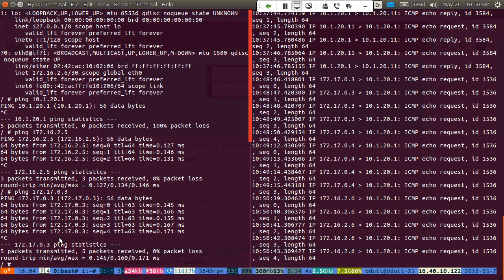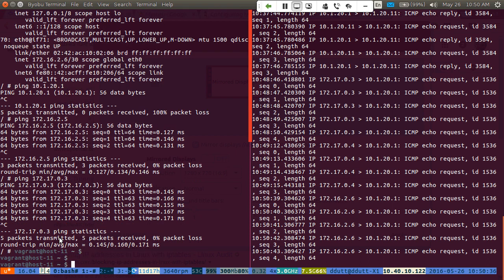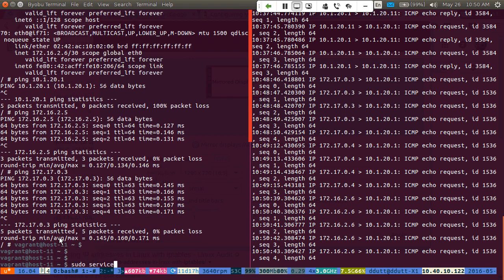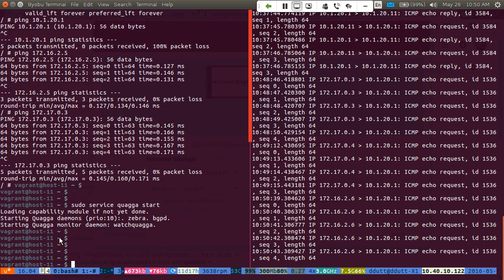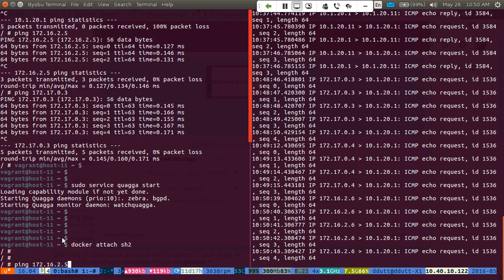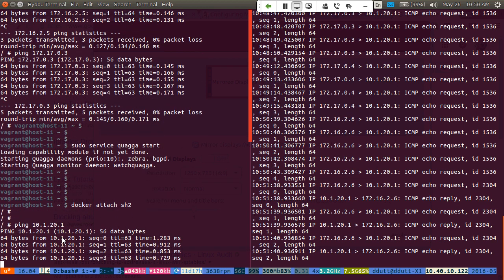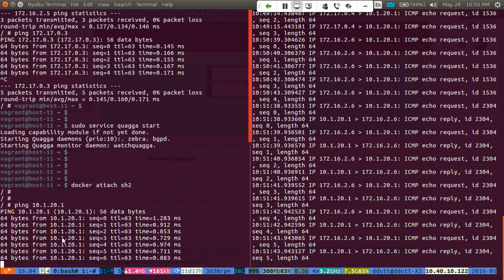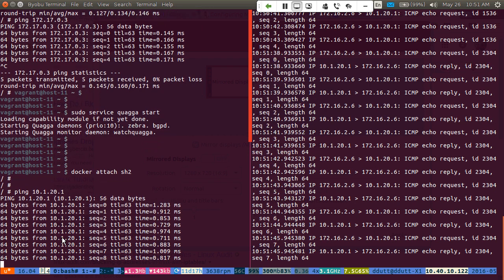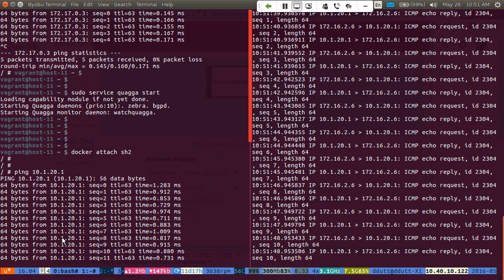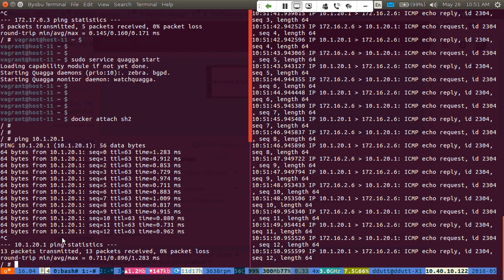Let's go ahead and fix a few things now. I will get out of here and essentially start Quagga, which is the open source routing protocol, on the host. With this done, now if I go back in here and I ping the external world, the world is working beautifully. This is because the IP addresses are now being announced from the host. All the container Docker IP addresses are being announced, and so now I have connectivity. This is great. So I have connectivity to the external world.